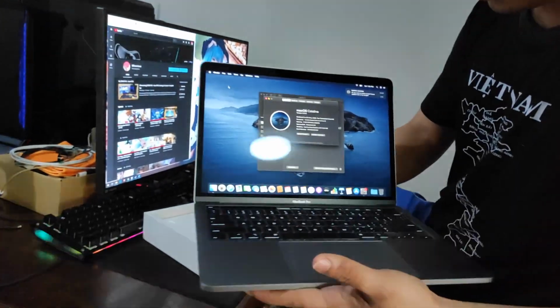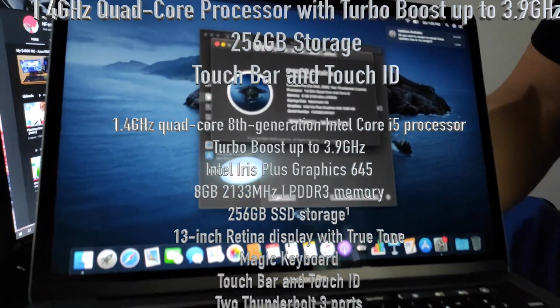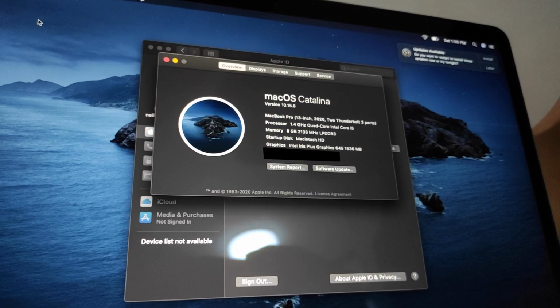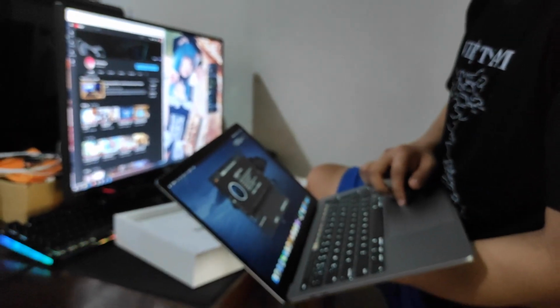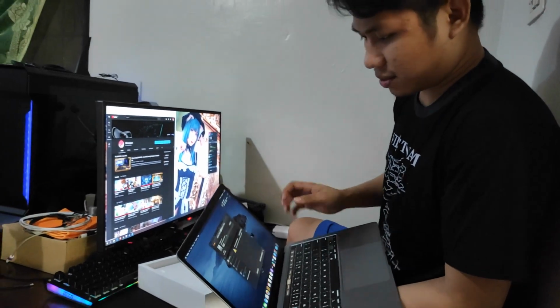So this is a 2020 model. MacBook Pro 13-inch 2020. So this is 250